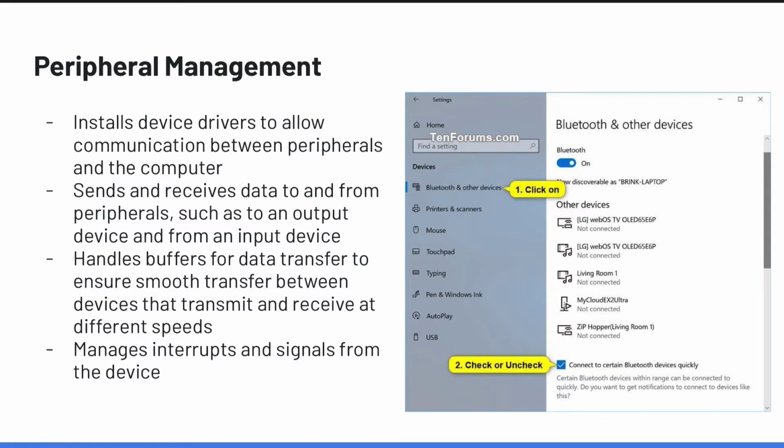Next, we have peripheral management. And this again is going to kind of overlap with hardware management. Again, this is going to deal with device drivers, or pieces of software that allow us as a user to interface with hardware devices. And in this case, when we're talking about peripherals, we're specifically talking about devices that are connected to our computer via something like Bluetooth or USB. And that could be something like a mouse, a webcam, any sort of external devices that are connected to our computer and allow us to input or output information are going to be handled by the peripheral management functionality